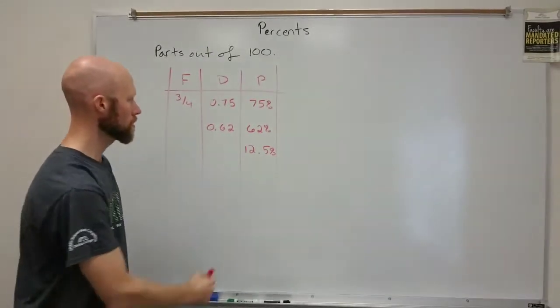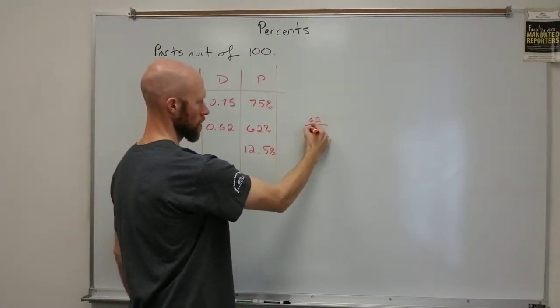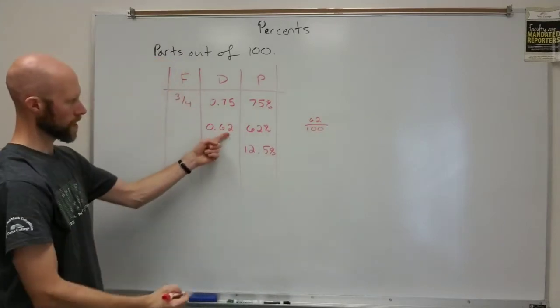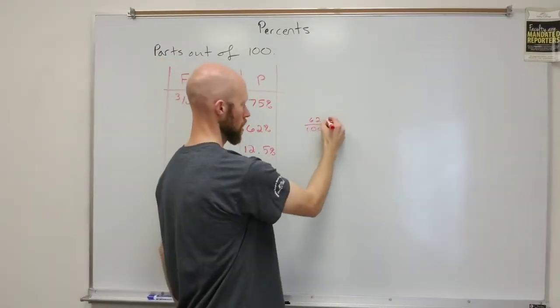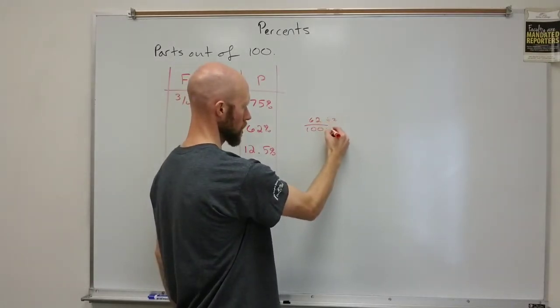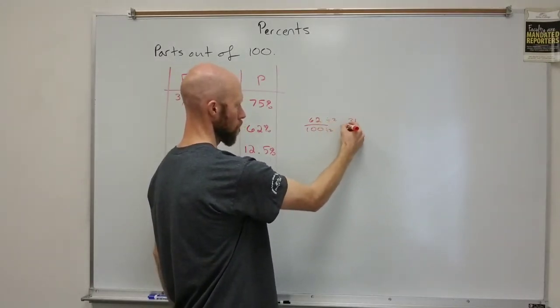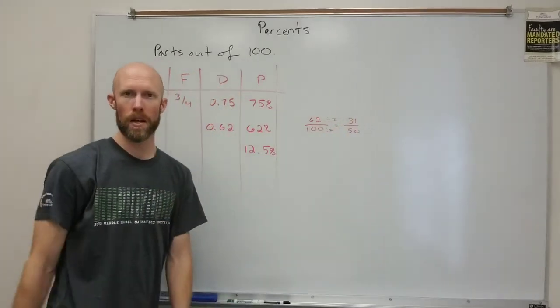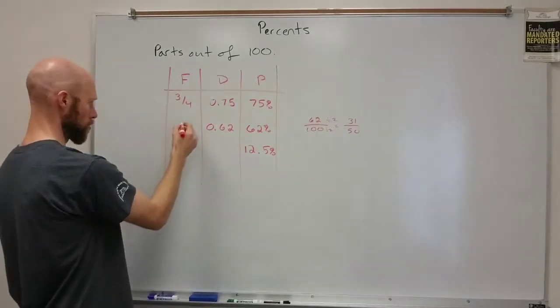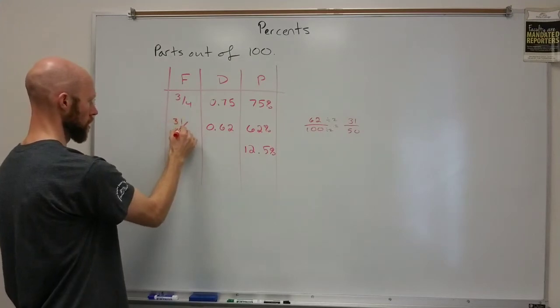As a fraction, I've got a little work to do. 62 out of 100, right? Number of places after the decimal equals number of zeros on the bottom, and then you reduce. I would divide by 2 on both of these. That'd be 31 out of 50. 31 is prime. Can't divide it. Can't reduce it any further. So that's 31